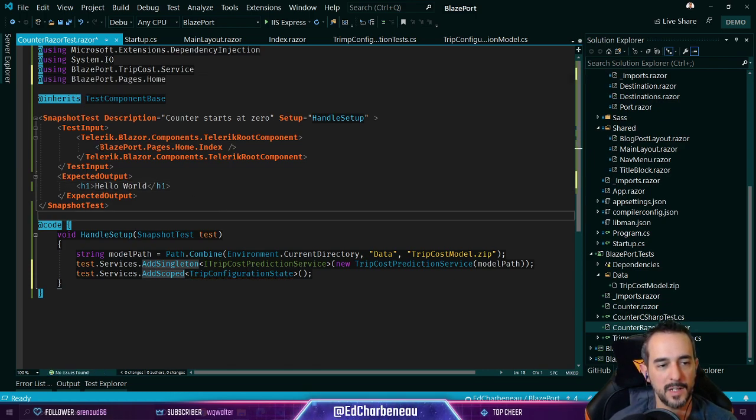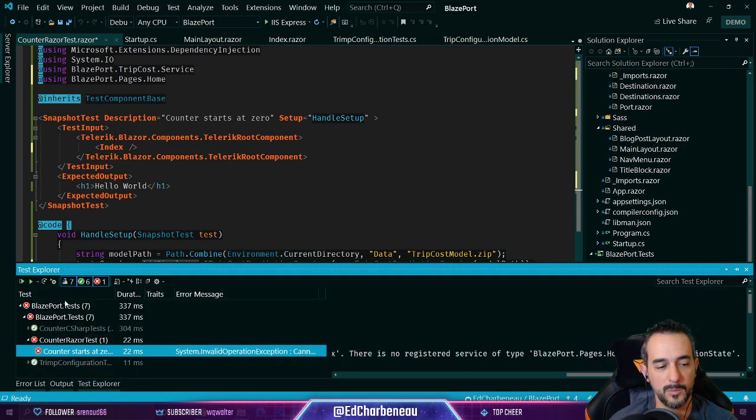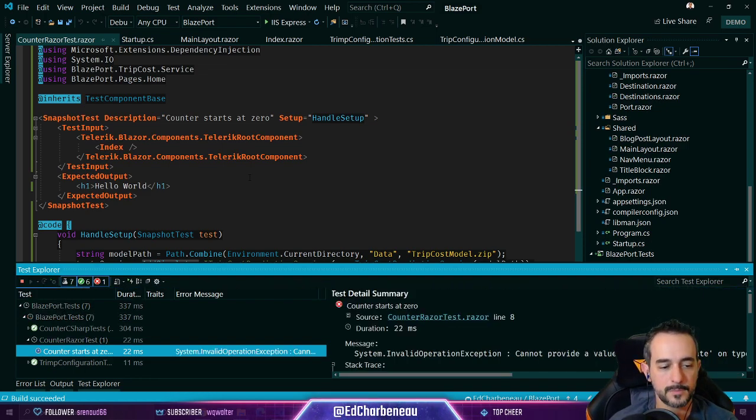If I add that, I can actually remove this as well. So now I have the namespace for that. And then before I click the wrong button again, I'm going to go ahead and hit run that test again. And we'll weed through these until we get